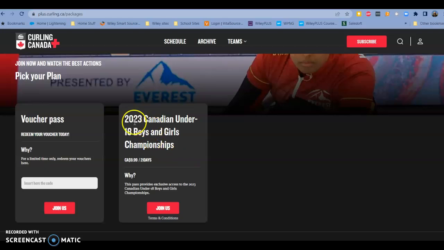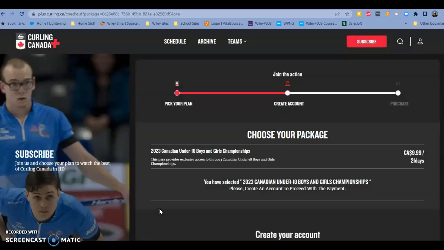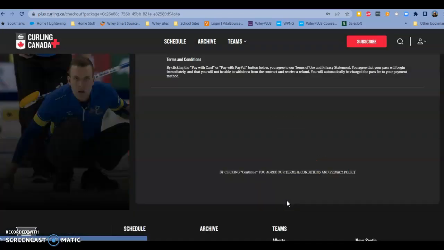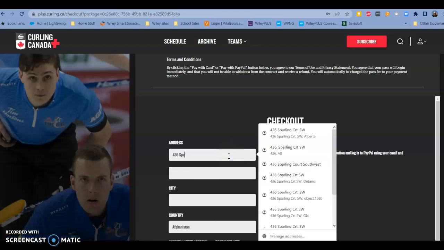So you want to choose 2023 Canadian Under 18 Championships. So each championship is $10. So you want to make sure that you pick the U18, and then you're going to enter your information. Going to register, and then it'll prompt to enter your address and information. So we're going to enter our address,